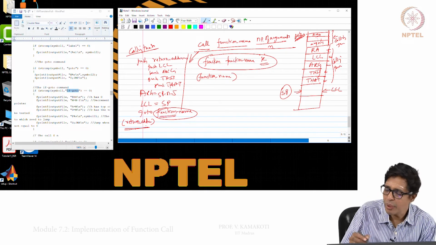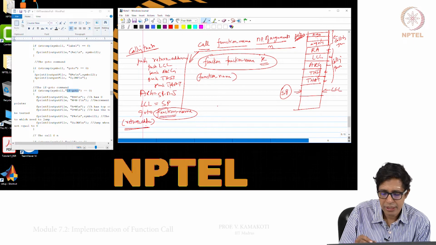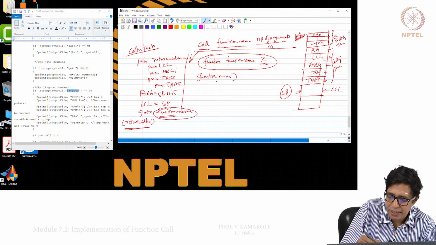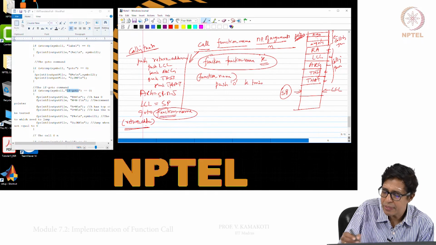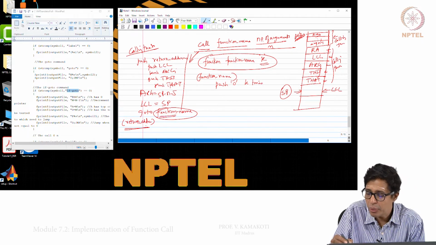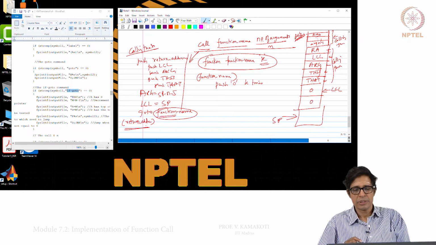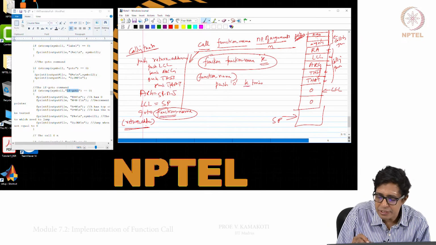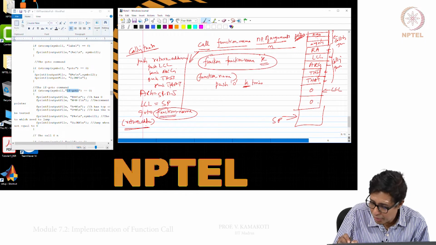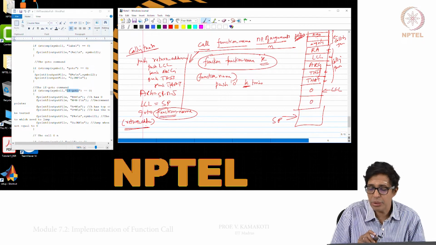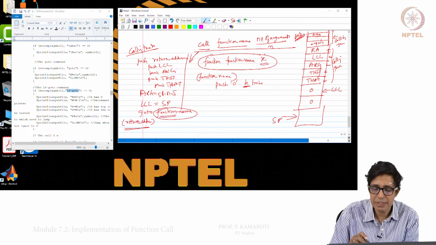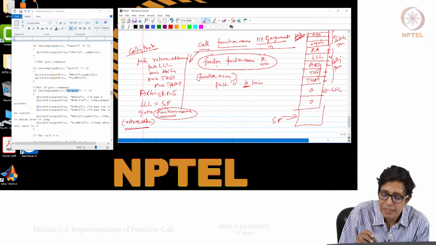Okay. And then what we do now is we just say push 0 k times. Suppose this is a function with 2 local variables, I will push 0 0 and your SP will become here. What is k? This is the number of local variables, and all the variables are set to 0 by the function.